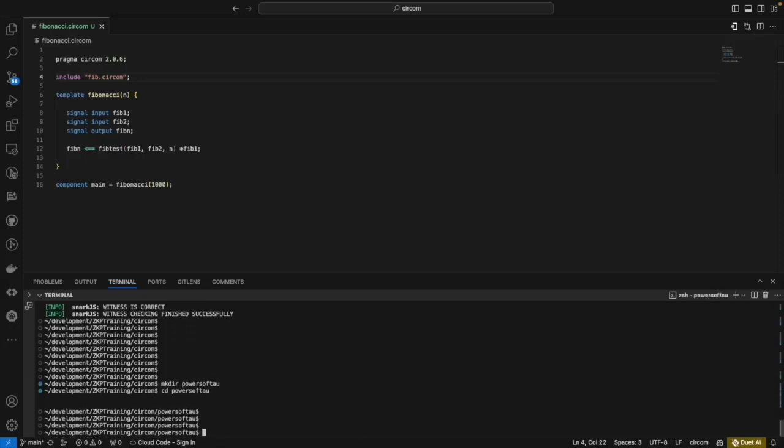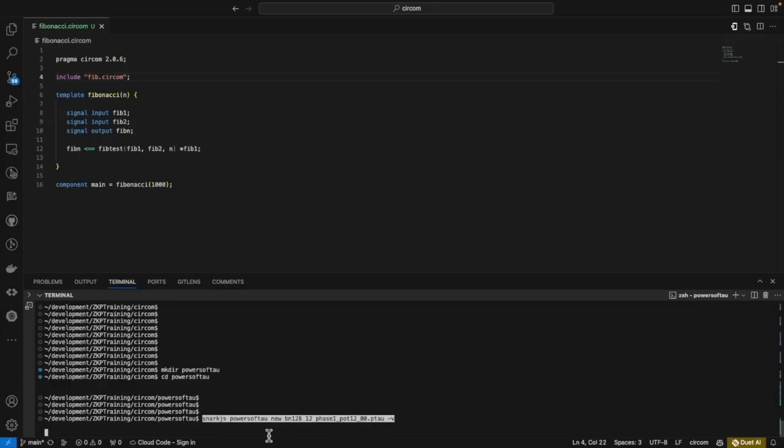Go to the directory and try to initialize a fresh powers of tau file using a snarkjs command. snarkjs powersoftau new bn128 12, and then I specify the output file, pot12_0000.ptau. The powers of tau ceremony is designed to accommodate up to 4096 constraints, which means 2 to the power 12, as